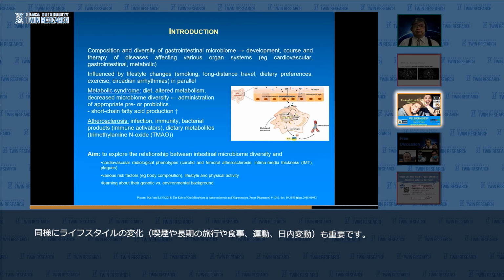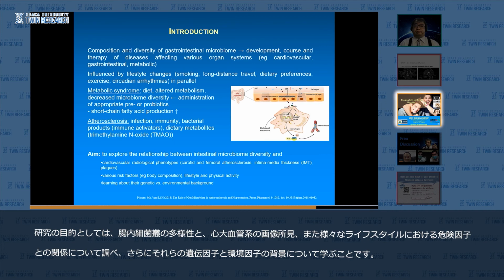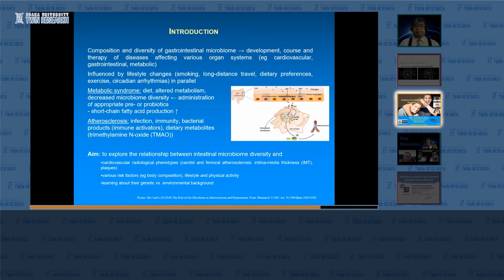The metabolic syndrome is known to be influenced by diet, altered metabolism, and decreased microbial diversity, which can be addressed with appropriate pre- and probiotics, and short-chain fatty acid production is influencing that. Atherosclerosis development is influenced by infection, immunity, bacterial products, and dietary metabolism. So our aim was to explore this relationship between microbiome diversity in the gut and the cardiovascular phenotypes and other diseases. So we involved